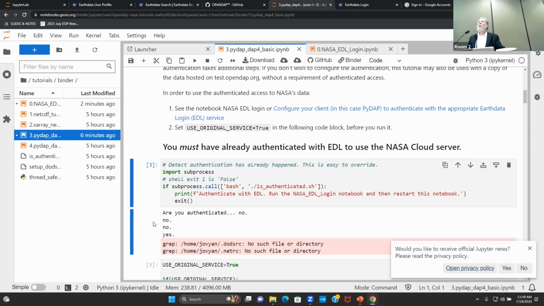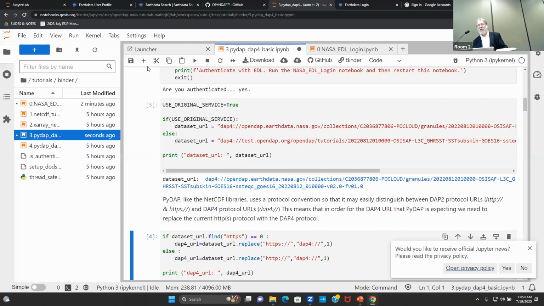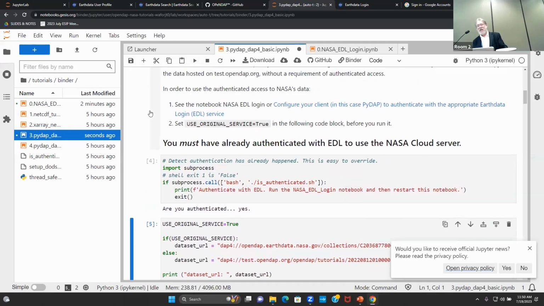So let me know where you all are in terms of logging in. I'm going to move forward with the PyDAP notebook. So I click on this cell and it says,